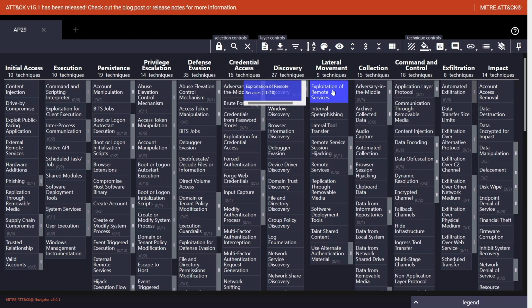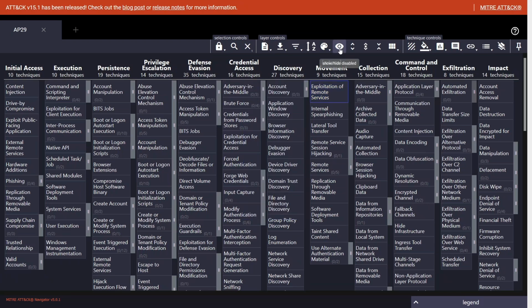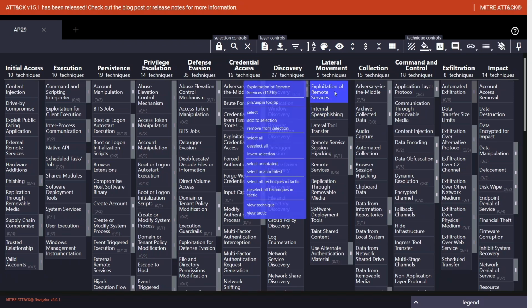So, if I click on this right over here and I right click on a technique that I've selected, you can disable a particular technique or sub-technique. So for example, if I add this to a selection, and I then went ahead and said show hide disabled. Actually, hold on a moment. Let me show you this here. So if I right click here,